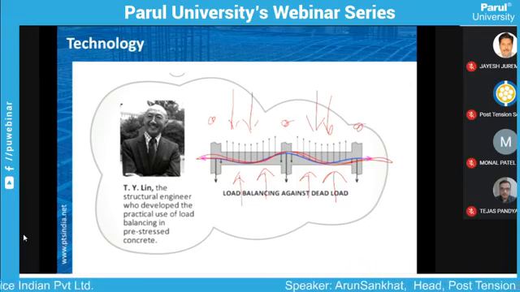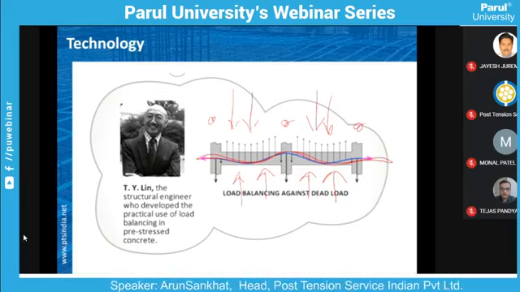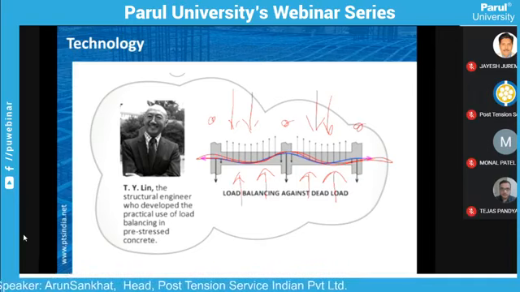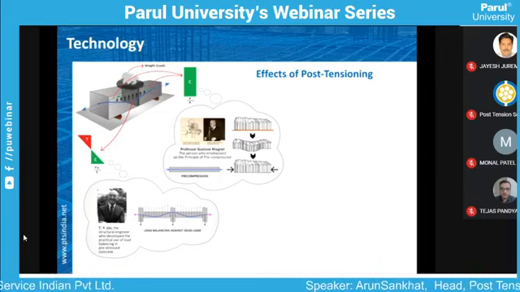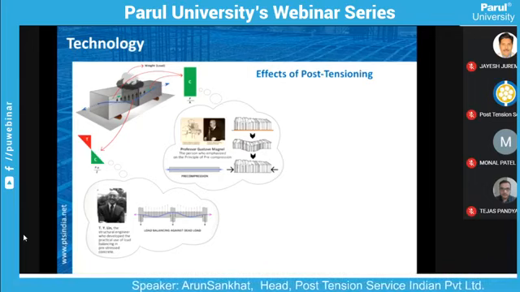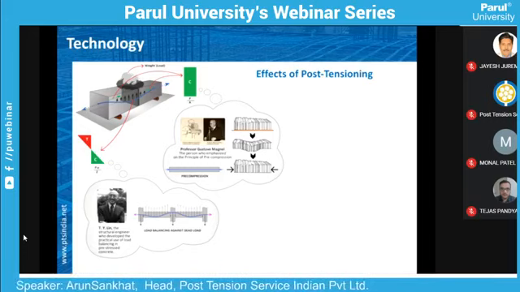And this has been developed by T. Y. Lin. He also worked in the field of pre-stressing. So overall, this would be the summation of all three aspects. One is the RCC beam. The second one is the same RCC beam, now having pre-stressing effects. So you can see